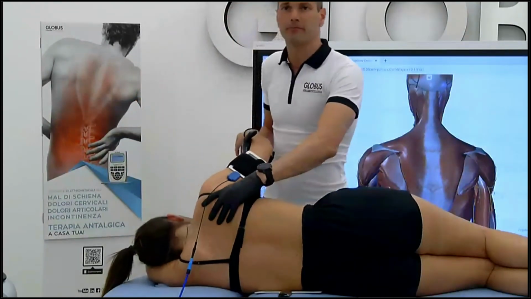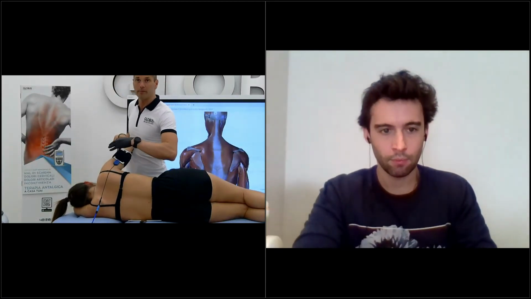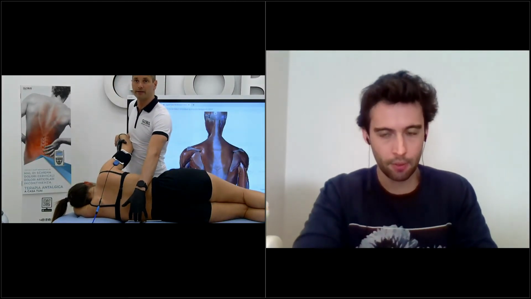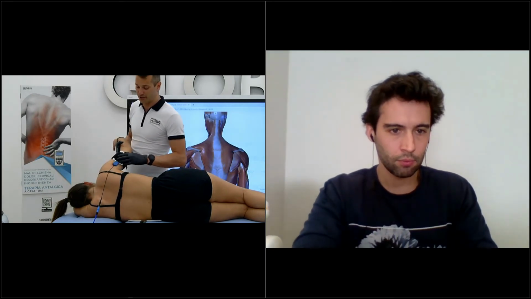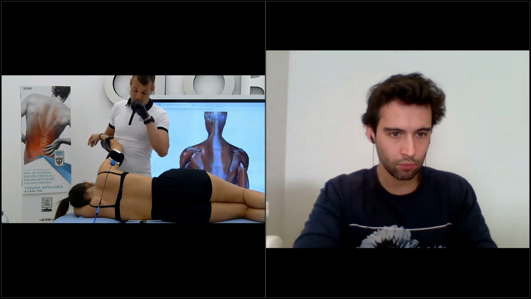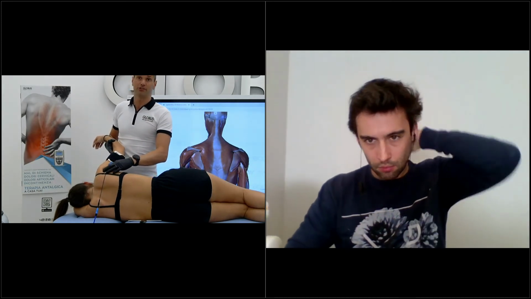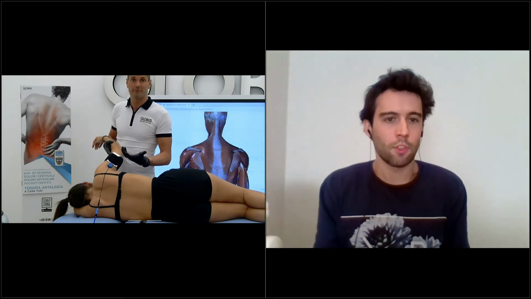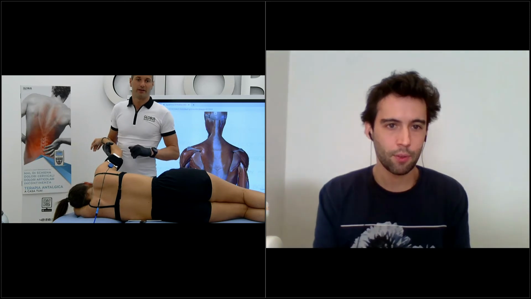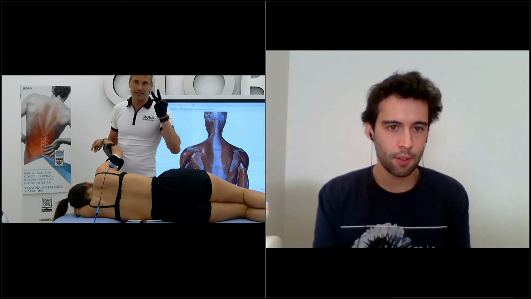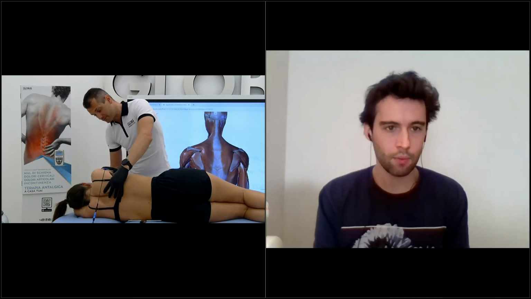Exactly. Yeah. So here I benefit from the current through the plate. I'm warming up all this part, and especially this is a resistive one, so I'm involving the connective tissue. Okay, so the most resistive part. In capsulitis it works very well. It is a kind of scar tissue, we can say, so it's very useful.